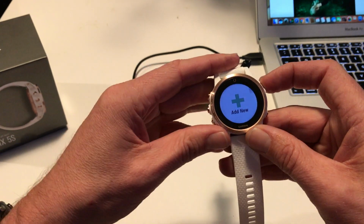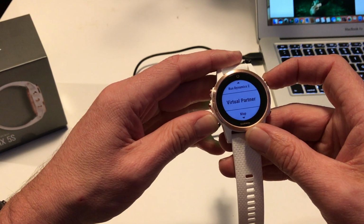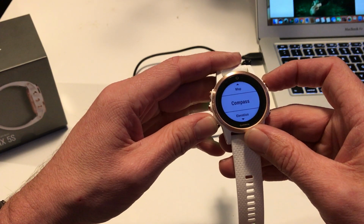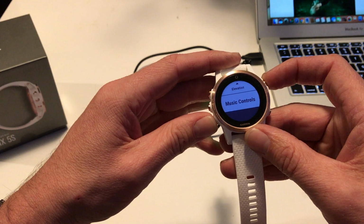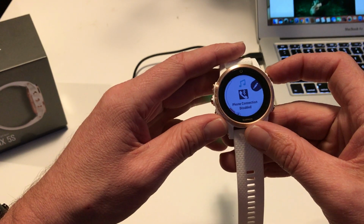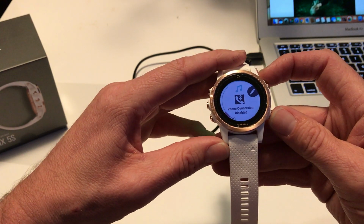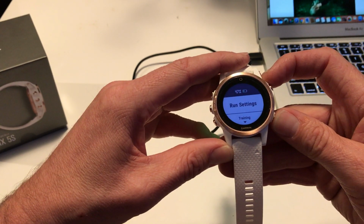Alrighty, let's just play around, add another one. We can add in running dynamics, virtual partner, map, compass, elevation, and music controls. Music controls are probably going to be really important for her because she likes listening to music as she runs, so I'll add that in there for her. So we'll back out of that